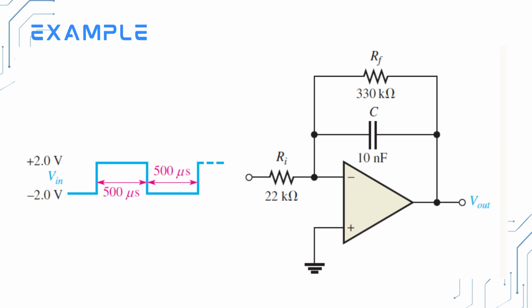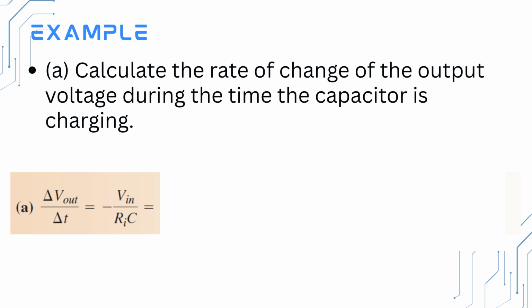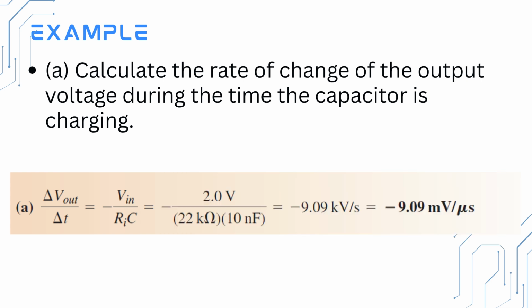However, the feedback resistor will force the output to be centered about the zero line after several cycles. From this example, first, we need to calculate the rate of change of the output voltage during the time the capacitor is charging. The formula for the rate of change of the output, that is delta V out over delta T, is equal to negative V in over Ri C. Substituting the values, V in is 2 volts, so we have negative 2 volts over 22 kilo ohms times 10 nanofarad,